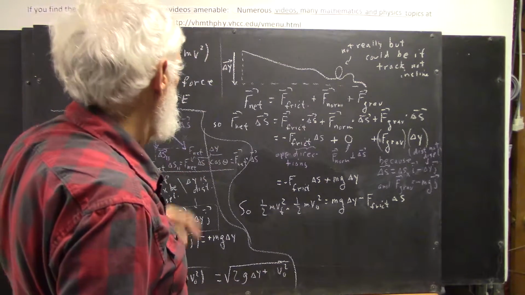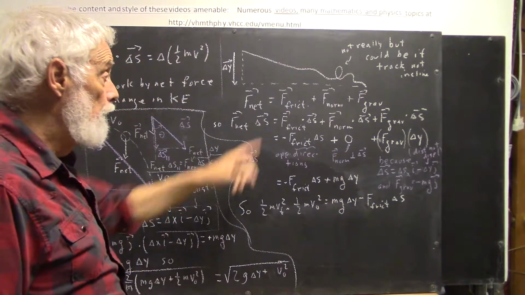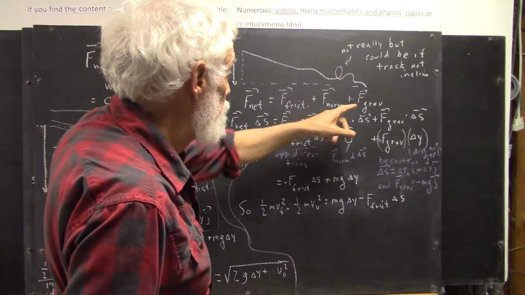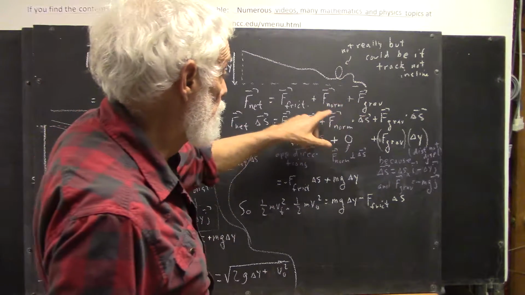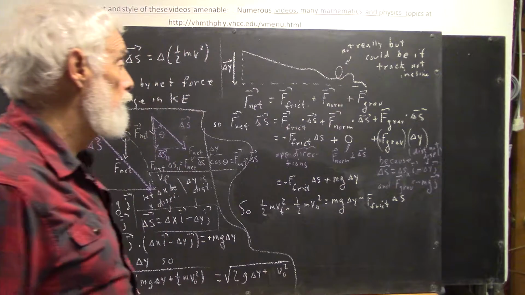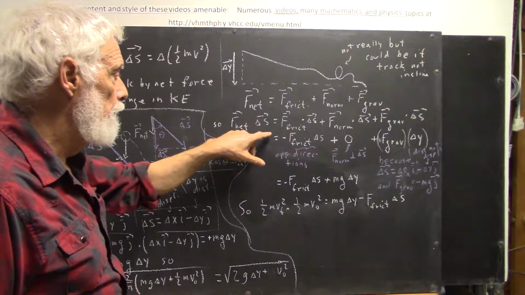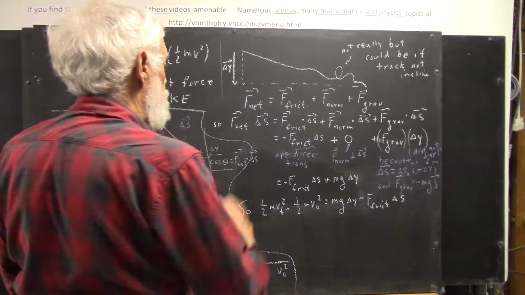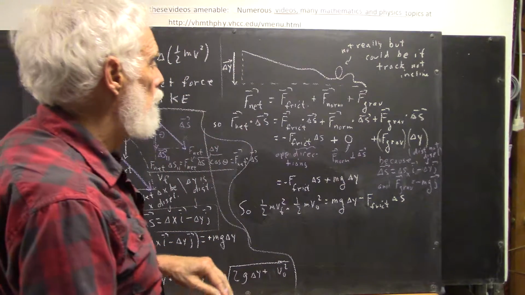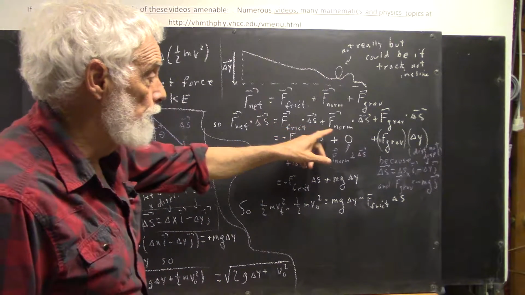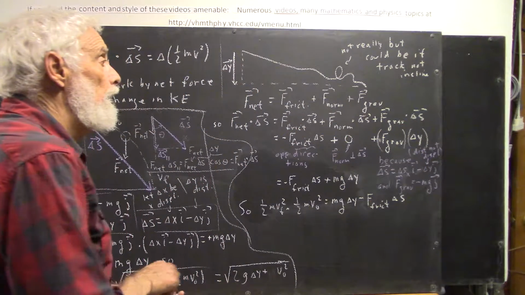The information you're given here is that the net force consists of a frictional force, gravitational force, and other forces. Well, the other force that's necessary here is the normal force. So your F net dot delta S, and I should have a dot in here, is frictional force times delta S plus the normal force times delta S plus the gravitational force times delta S, where again delta S